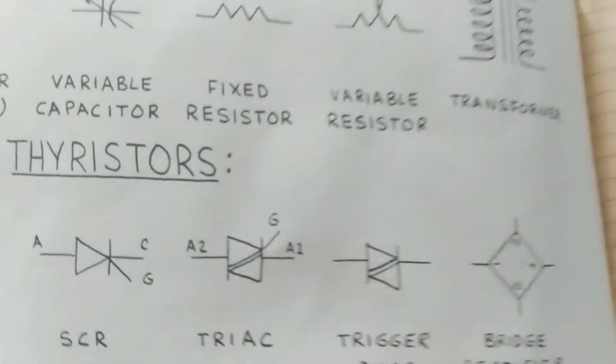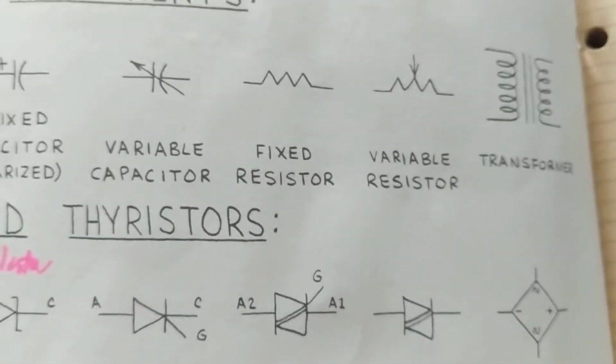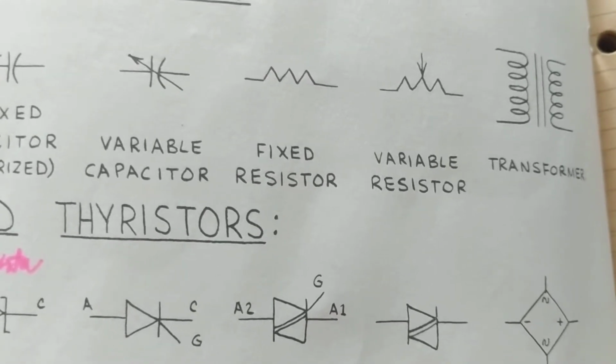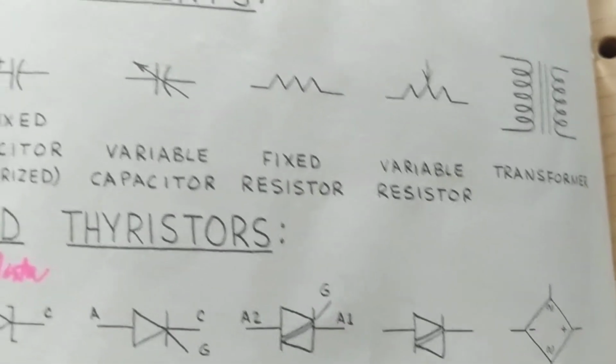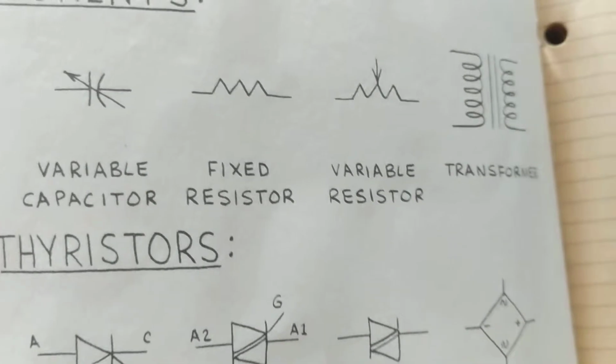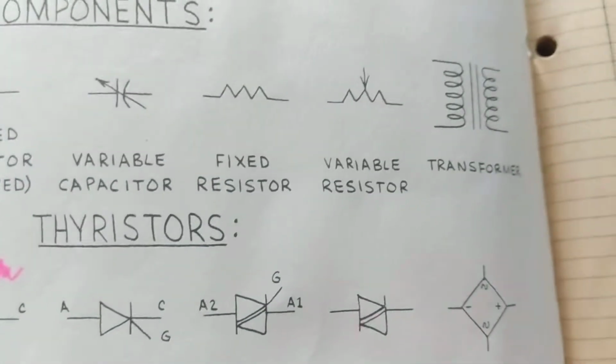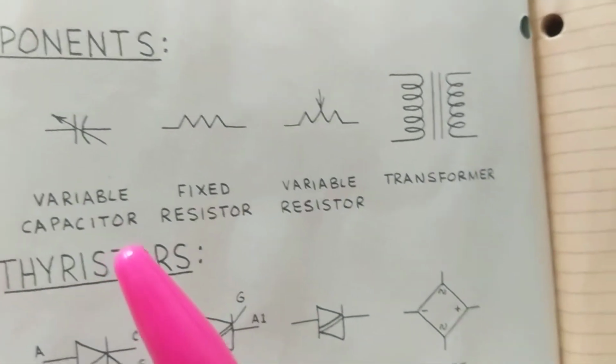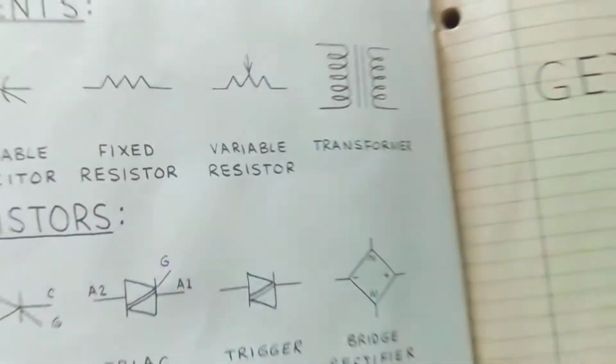Let's equate it to, let's say, a quarter. A quarter is set at 25 cents. It cannot be a dime, it cannot be 10 cents, it cannot be a nickel, 5 cents. A quarter is 25 cents. So a fixed resistor is, let's say, 25 ohms. A variable resistor, as I always give